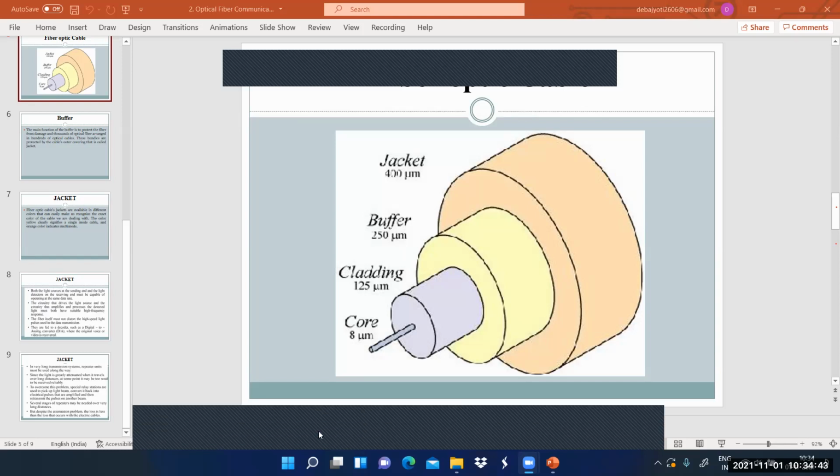So single mode means, sir, carry one mode of light. Yeah, and multi-mode? Multi-mode means, sir, that it contains multi-mode of light, sir. Yeah, for single